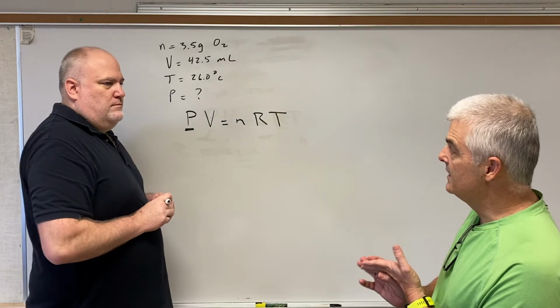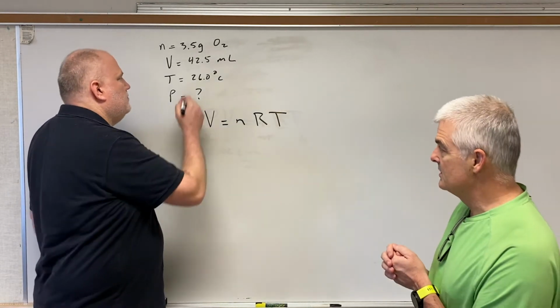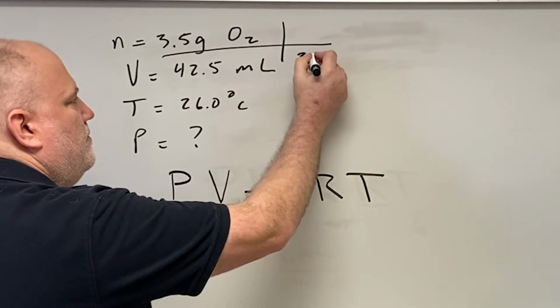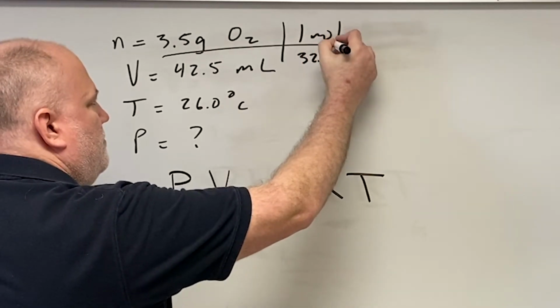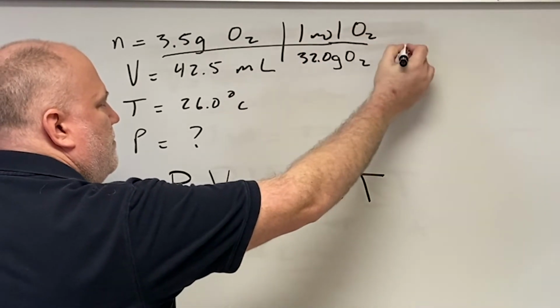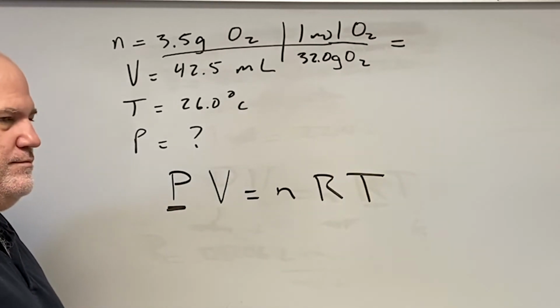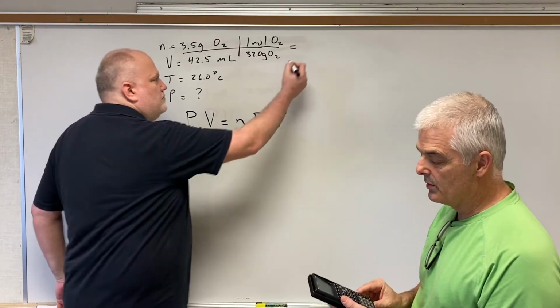So our n is grams, so maybe we say 3.5 grams of oxygen over 1. And notice, by the way, he also wrote oxygen as O2 because it says oxygen in words in our problem. And Mr. Dmitrowicz very quickly got the molar mass of oxygen, 32, because it weighs 16 or whatever. So 3.5 divided by 32 is 0.109